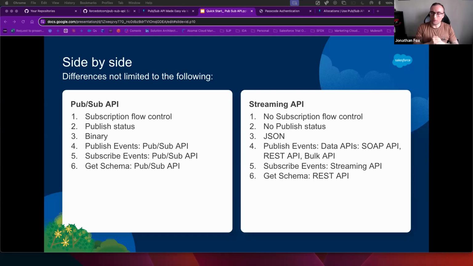So, for example, if it's a really high volume event, and again, this is going to be part of the demo in a minute anyway, we have Mobile Publisher in our organization. So Mobile Publisher is a way to get a mobile app on the app stores, Google and Apple app stores, and it basically is a wrapper for an Experience Cloud site.